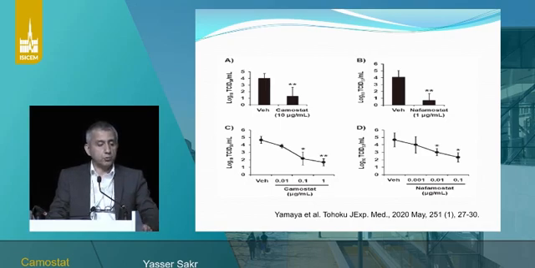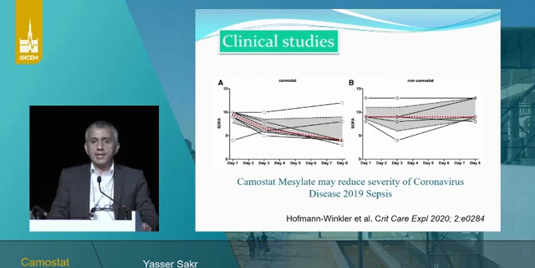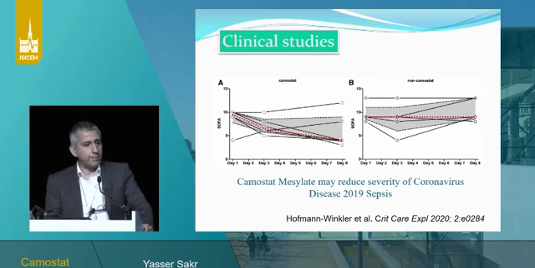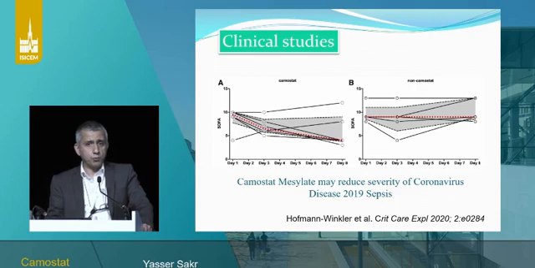This has been confirmed also in other experiments, not only with Camostat, but also with nafamostat, which is also another inhibitor of the TMPRSS2 receptors. Clinical data are very scanty, actually, on the compound. As I said, it's a drug coming from Japan, and the rationale behind using the drug is well known, but the use of the drug and the experience with the drug, especially in Europe and the US, is not widely extended. So we don't have a lot of data on that.